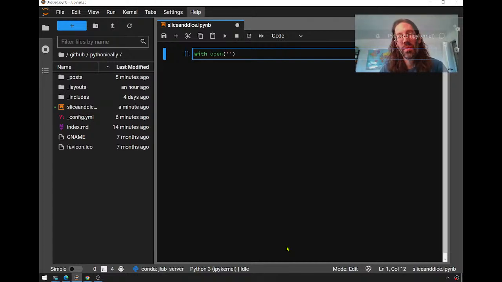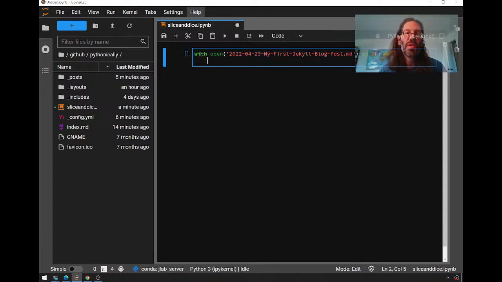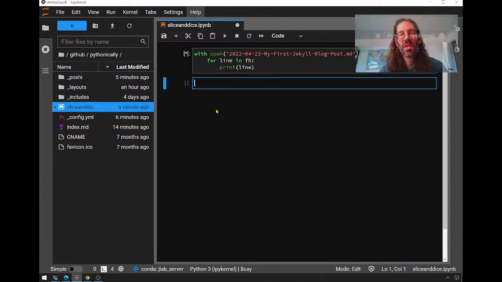Built into Python, right? As, and you've got to say some sort of variable name, file handle, fh. So I'm using the context manager. This is one of the best things in Python. You don't have to reclose the file. It just closes it automatically when you unindent from under a with. And so now we have fh, and we can do stuff. It's usually stuff like, if we're to go for line in fh, print line, here's like the whole